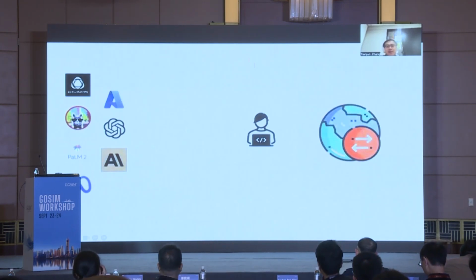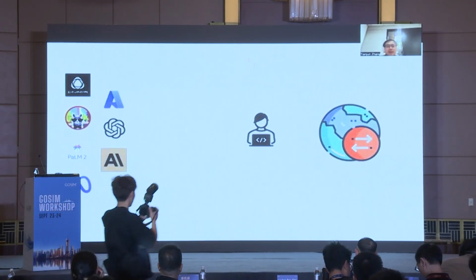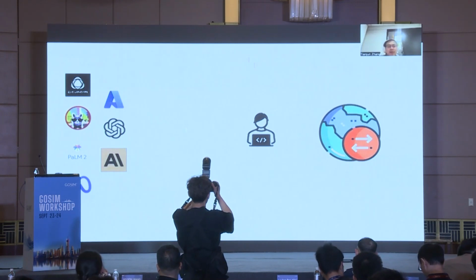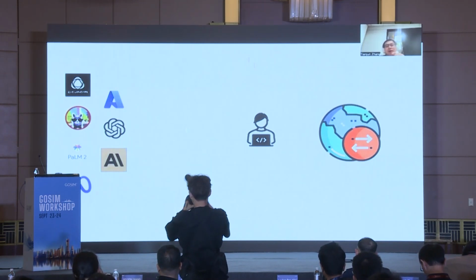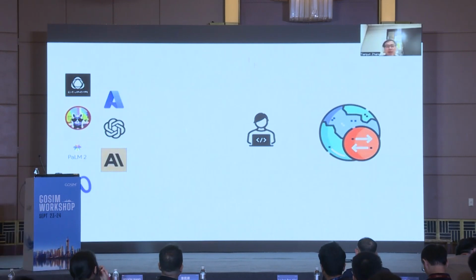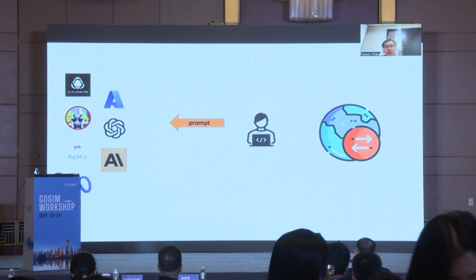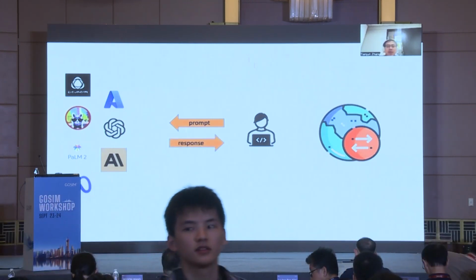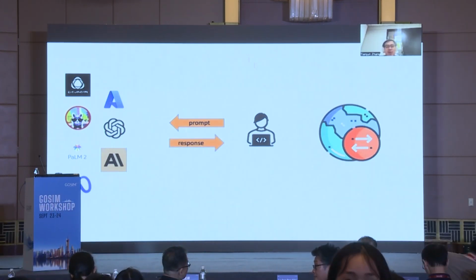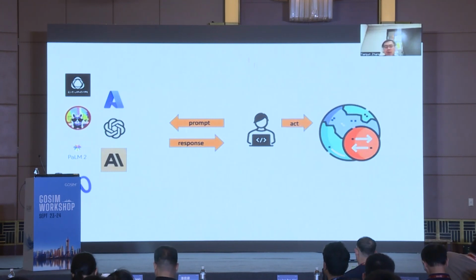So let me first describe a little bit of the current status of the LLMs. The current situation of the LLMs as a chatbot, they have great capability, but which means you as a user would sit between the LLMs and the actual world. The typical workflow is we write a prompt for the language model, and the language model would give us a response. After the response, I need to process the response, figure out which other command I should run in the real world, and then I go act in the real world. And the real world will give me a response.